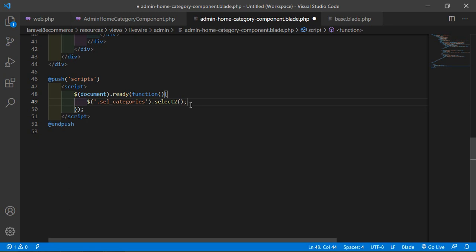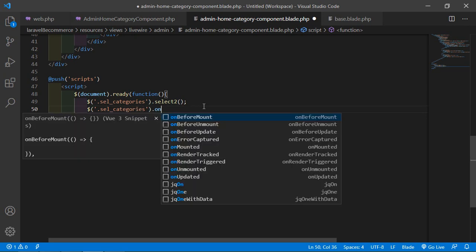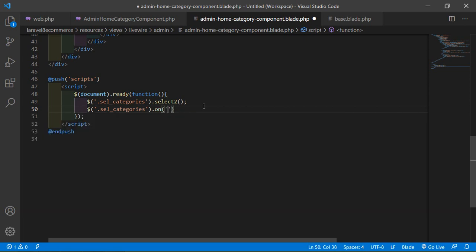the change event. So after this line, simply write here $.select_categories.on, and add the event change. Okay, now add the callback function, and inside this function,